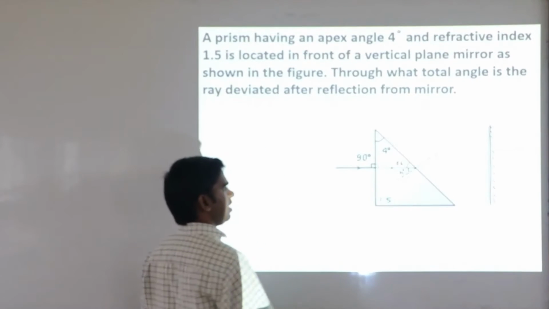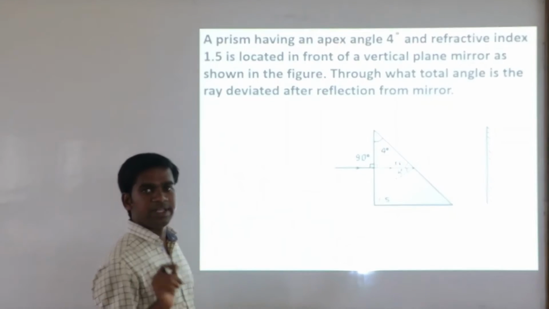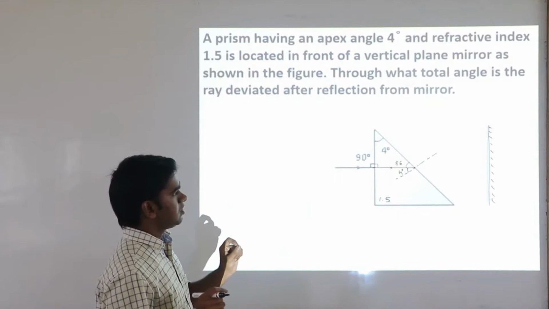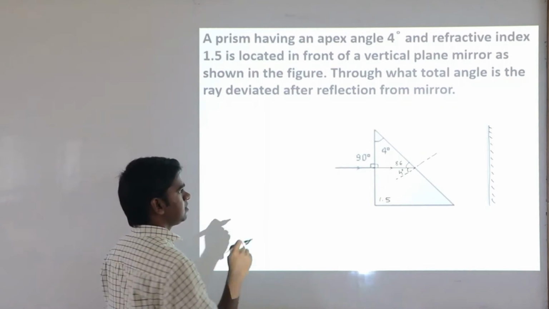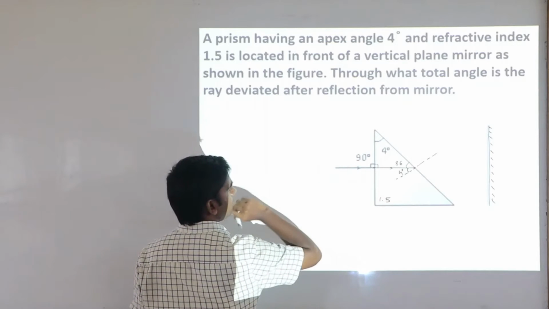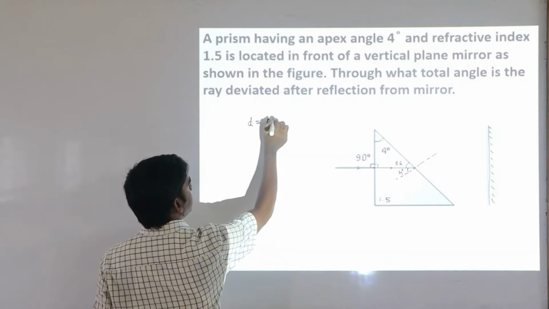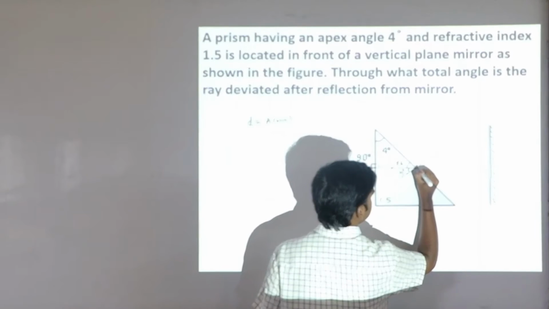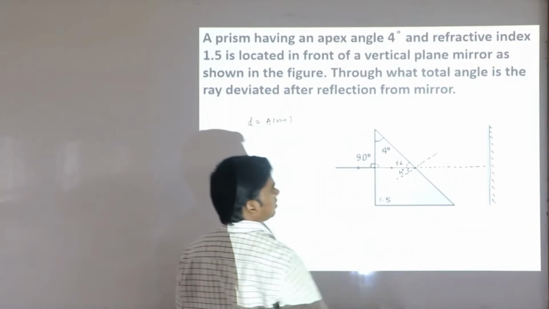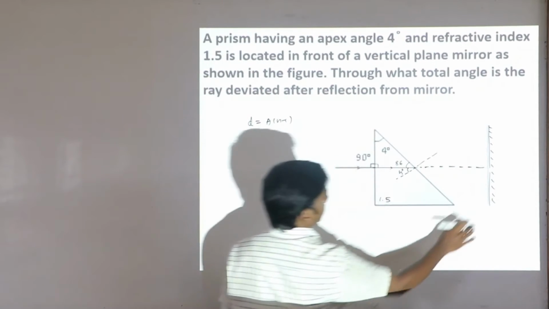Yes, correct. Okay. Now if the angle of prism is 4 degrees, meaning the apex angle is 4 degrees, this is going to be a thin prism. For a thin prism, deviation is A into (n minus 1). Okay. So if the prism is not there, the ray must have traveled here only. Now the prism is there, so it will not go in that direction.